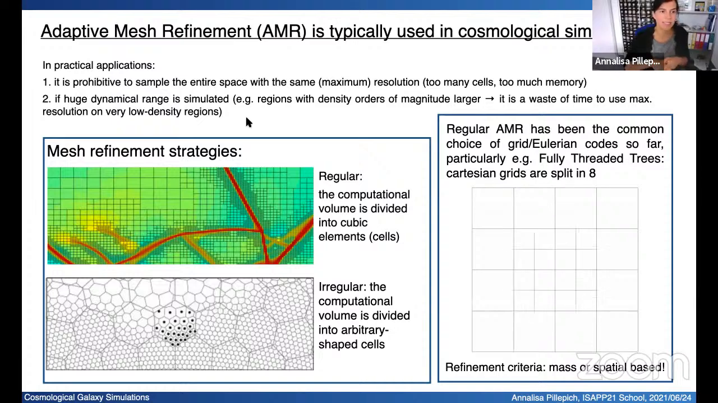So in practice, why? Because in practical application, it's prohibitive to sample the entire space with the same resolution. Yeah, this requires too many cells or too much memory. And also, as we talked about earlier, our problems are characterized by huge dynamical ranges in spatial scales, density scales, time scales. And so it would be really a waste of time to solve this Riemann-Godunov scheme solution at the interfaces of all the cells at all times, regardless of, say, the density of the